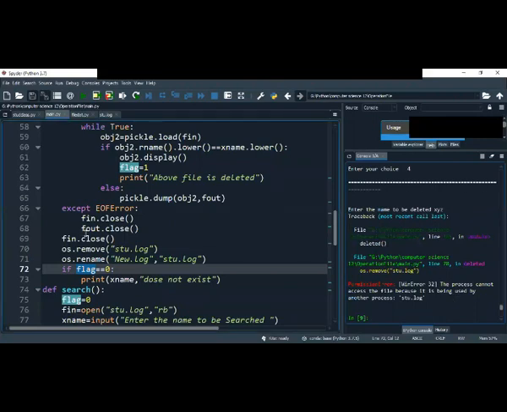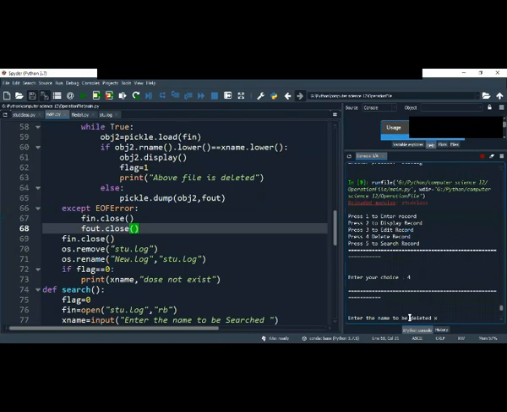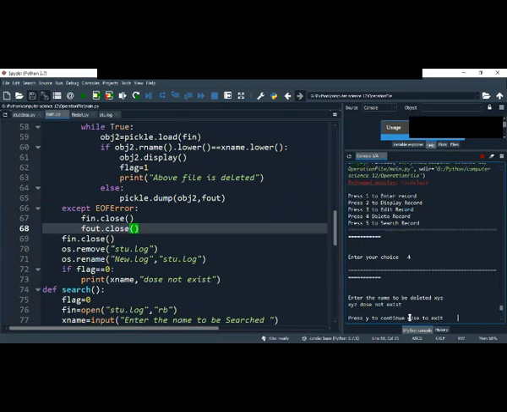See, what is it giving? X, Y, Z does not exist. Why does it not exist? Because this name was not in my list. If it is not in the list, it will display that it does not exist. Got it? Because if the flag is 1, then it will not come here. If it is not 1, it will remain its original value 0. Simple as that. That is what I did.